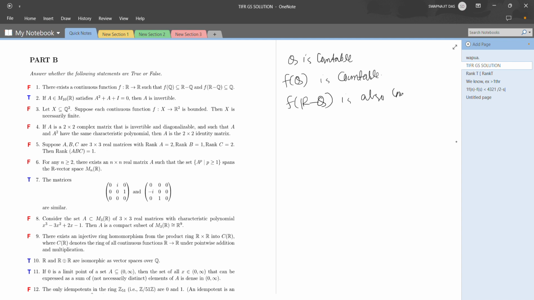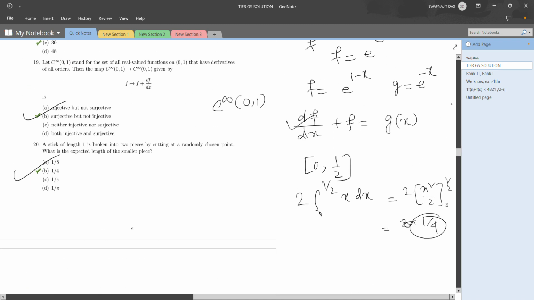And f of R minus Q is also countable, because it is already inside Q. That means f of R is countable,